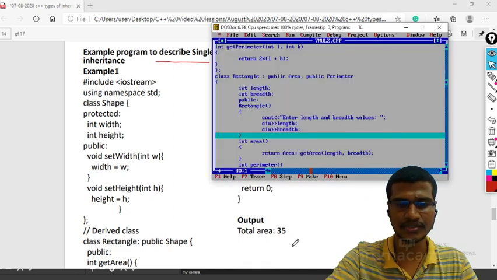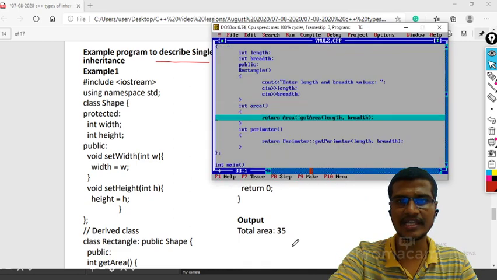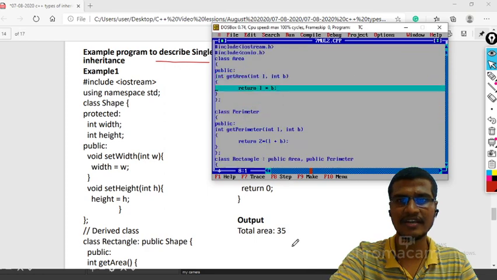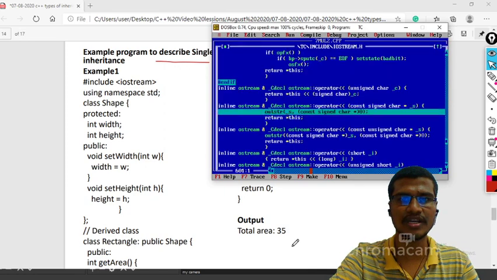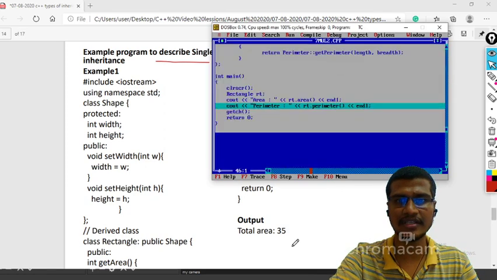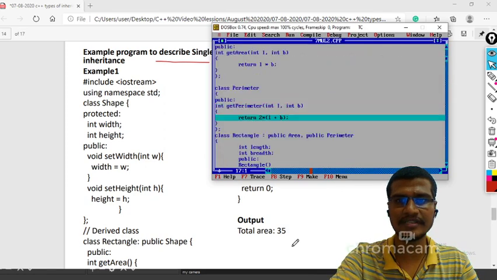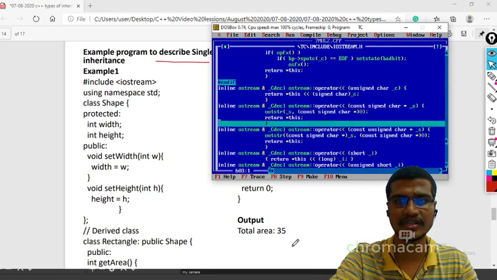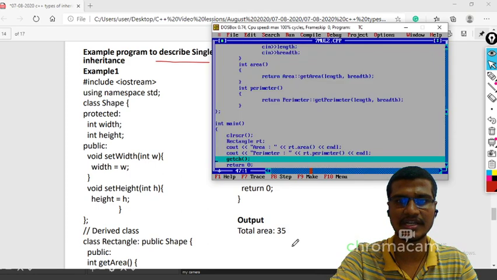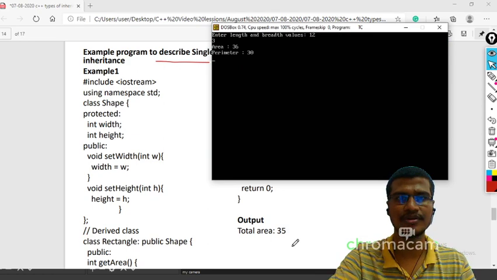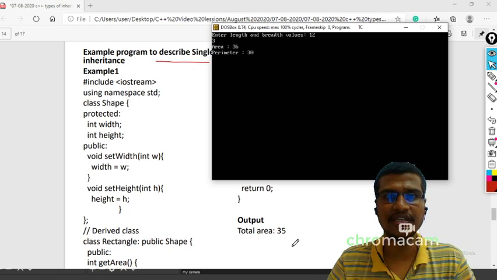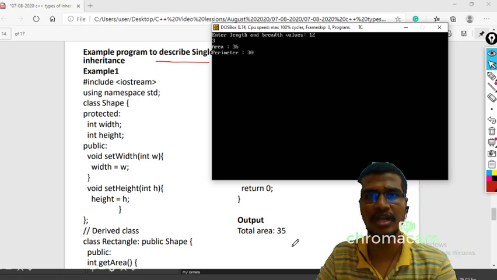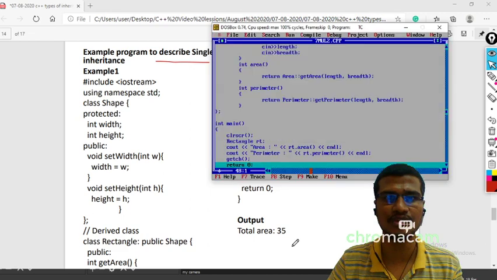Okay. So now whenever I call this area method, internally get area will be called, so within the area class we have the get area function. It will return this length into breadth. And after that, whenever perimeter is there, it internally calls the perimeter method, so that it will calculate the perimeter value. That's it, and it will display those values. So what is the area? 12 into 3, that is 36, and 2 into L plus B, so that is 12 plus 3 is 15. So 15 into 2 is 30.